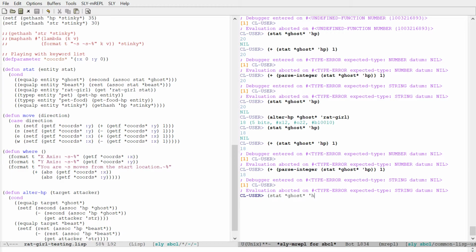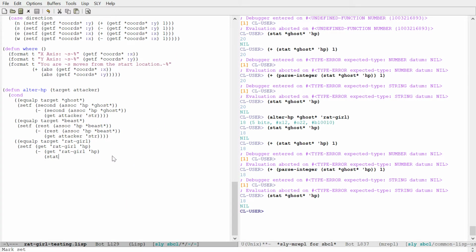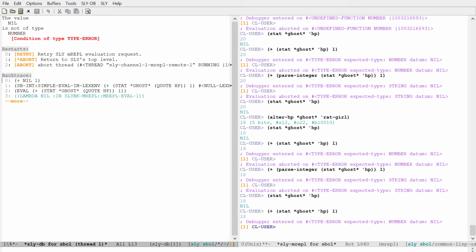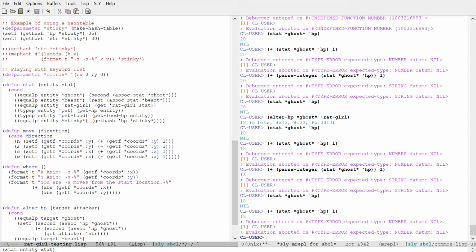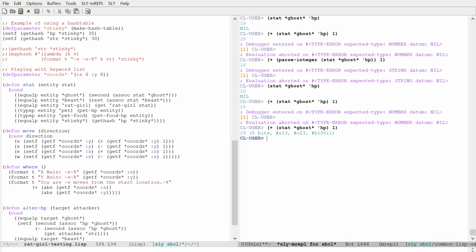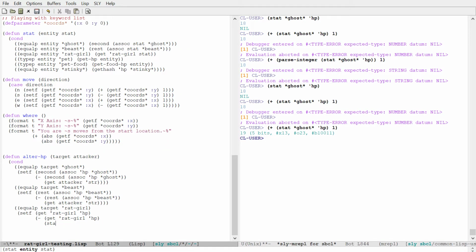ghost HP get 18. Alright. I don't even think it matters now. Let me change this back to an S. Oh, I got rid of that. Okay. It's none of those things. That should just make it give me something back that I can use, I think. I guess I could test that right now too. If I just go like this one more time. I hope I didn't compile that and that's why it's not doing that. Okay. So I should be able to come over here and say